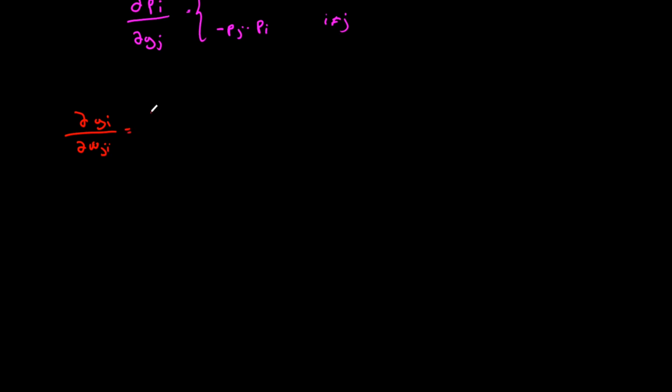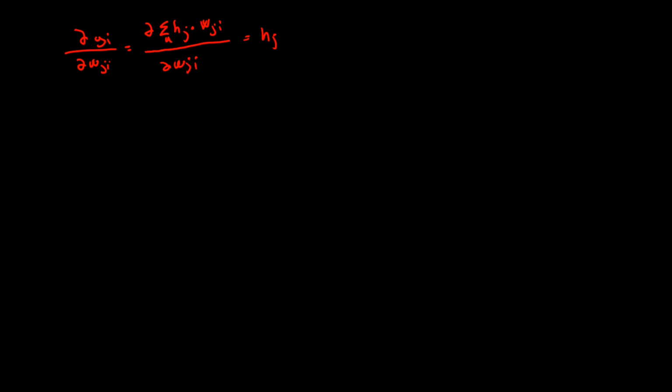So this is the derivative of the summation of h sub j multiplied over all classes multiplied by the value w_ji, with respect to the value w_ji, and this is just h sub j. So we are now finally ready to compute the whole derivative. So let's write again the chain rule expression